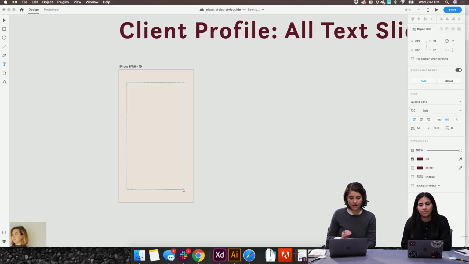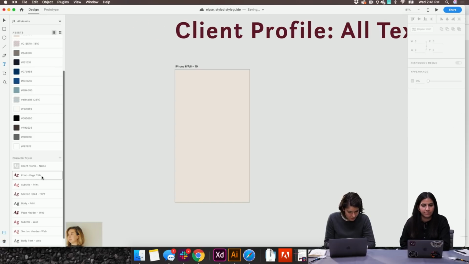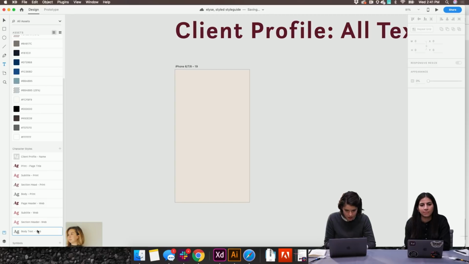I'm just going to have a colored background, and I'm going to fill it with some text, and I'm going to use my body text web.